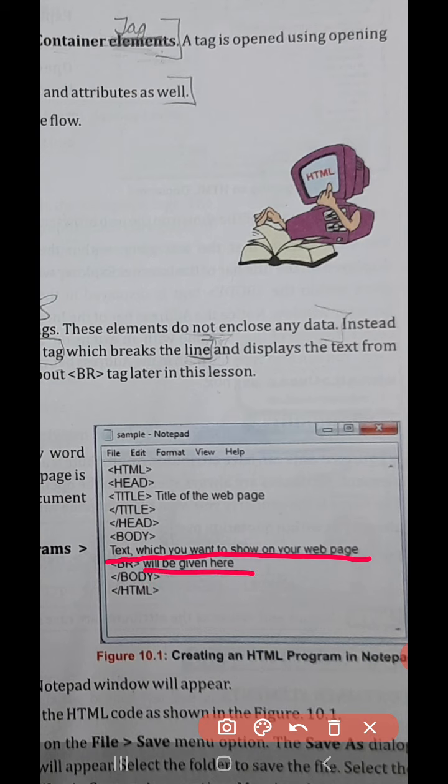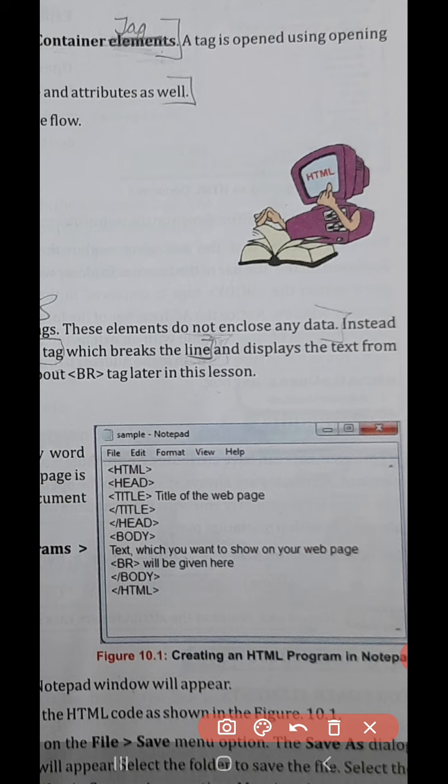It's a simple message which is being displayed with the help of the HTML program. And again, children, as I told you, <html> and </html>, these two tags indicate that this particular program is a program of HTML. This coding is HTML coding. So this is a basic program of HTML and this is the explanation of this program.